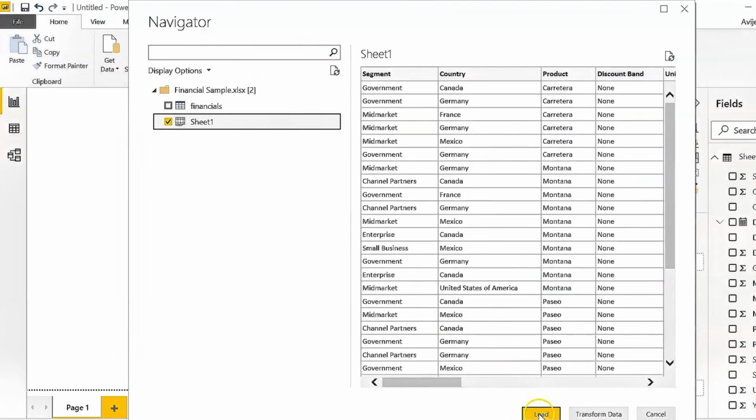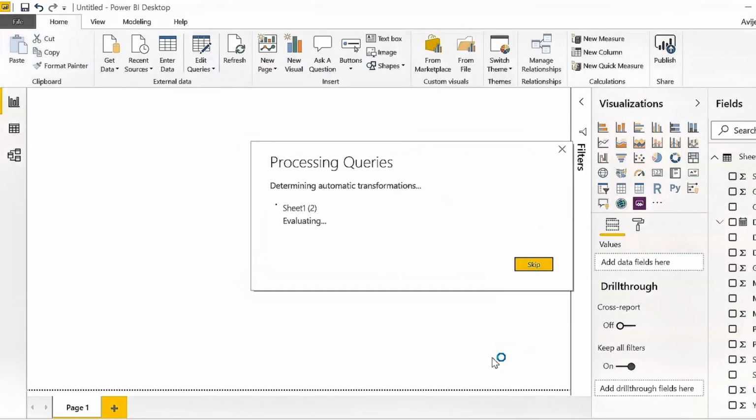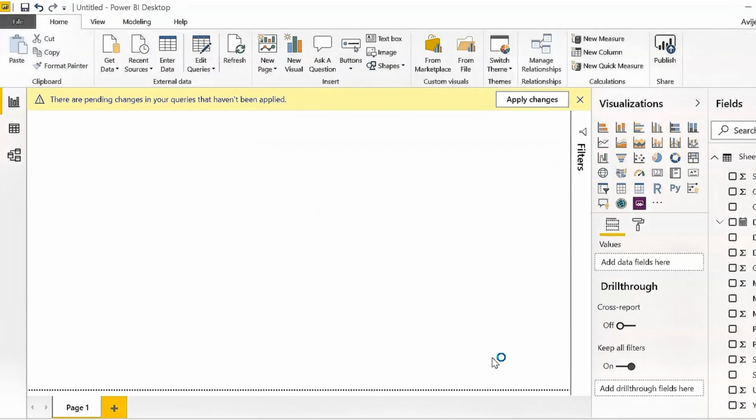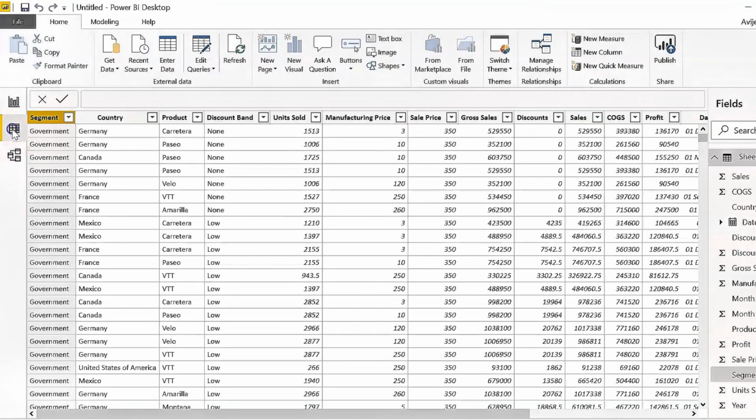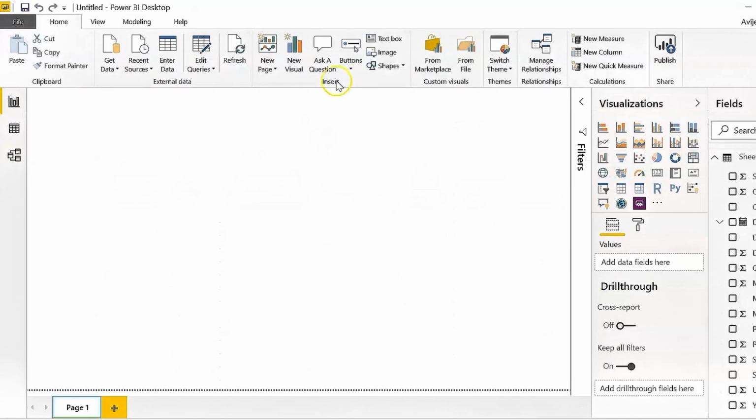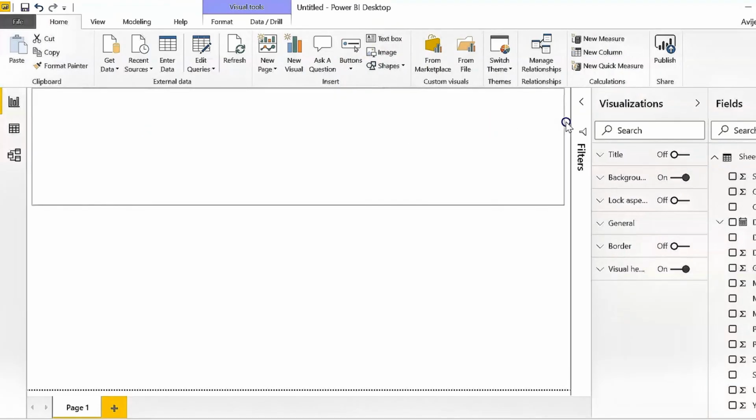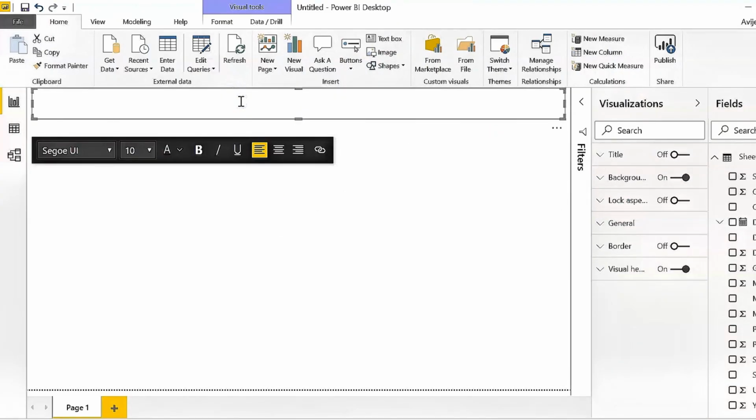Power BI is a business analytics service by Microsoft that allows you to connect to multiple data sources, clean and model your data, and turn it into interactive reports and dashboards. Using Power BI Desktop, which is completely free, you can load data from Excel, CSV, SQL Server, web files, and more, then transform it using Power Query, create relationships and calculations using Power Pivot, and visualize everything using charts, maps,